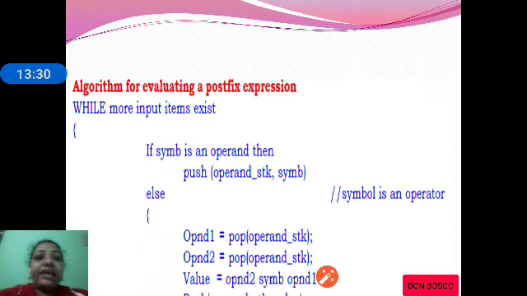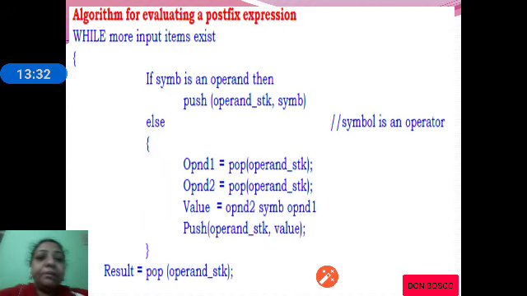Let us see the algorithm which will perform the evaluation operation of a postfix string. While there are more input items, if the scanned symbol is an operand, we push it onto the stack. Else, if the scanned symbol is an operator, we pop two elements from the operand stack, perform the indicated operation, and store the result in value.